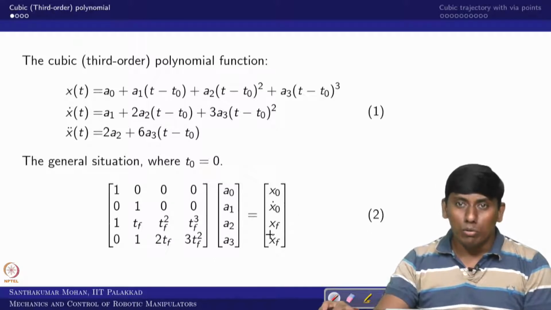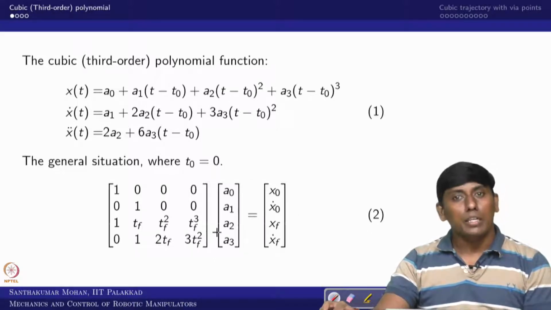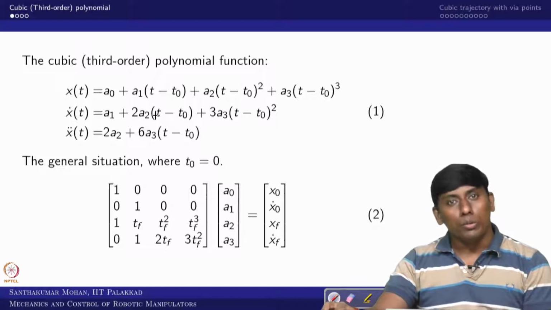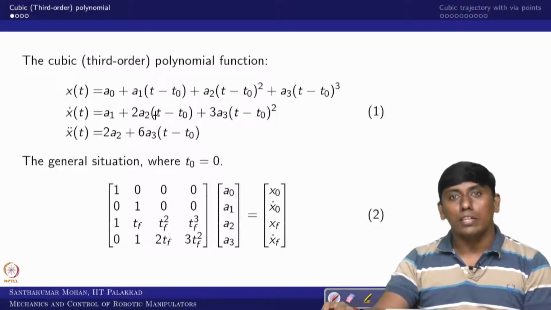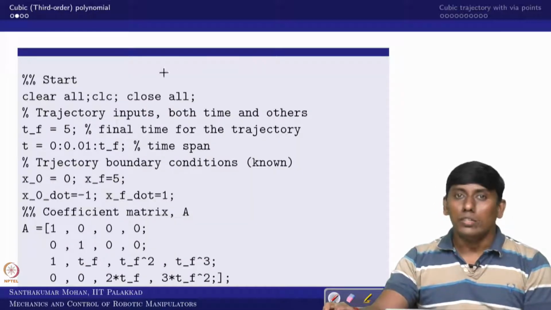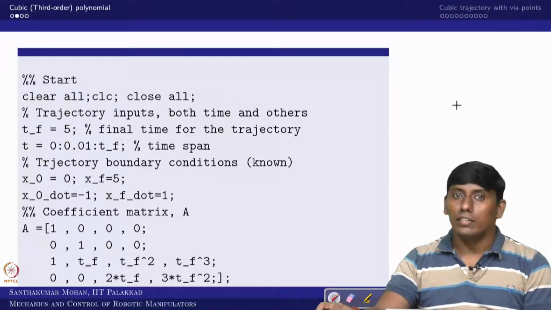Now that we know all this, we can write a MATLAB code to generate the cubic, or third order, polynomial function we have written, and see whether what we have seen in the lecture is followed or not. For that we are writing the MATLAB code. The initial part is straightforward syntax: clear all clears the command history, and close all closes figure windows. These are standard because we are going to run figure windows, so we need to close them.